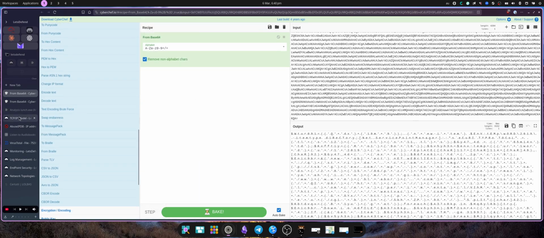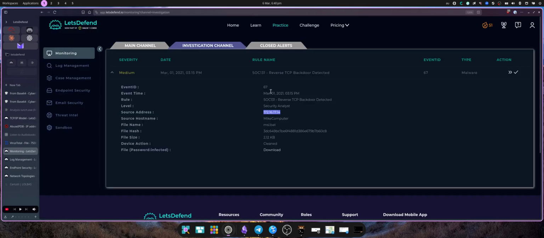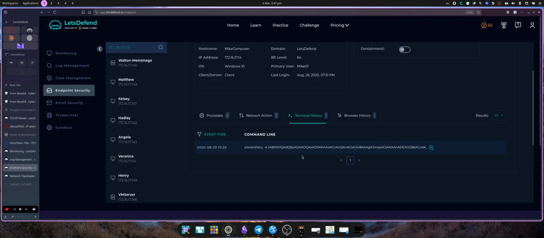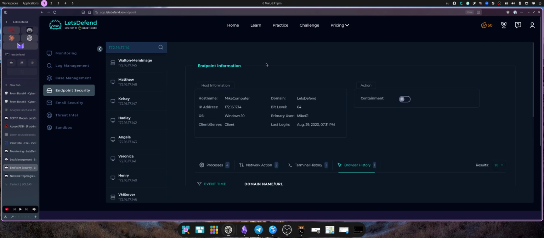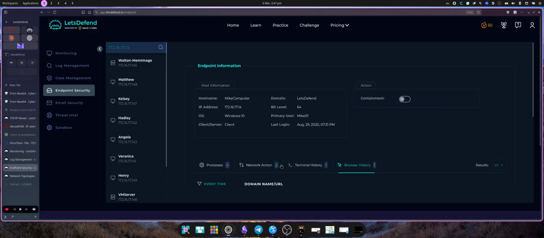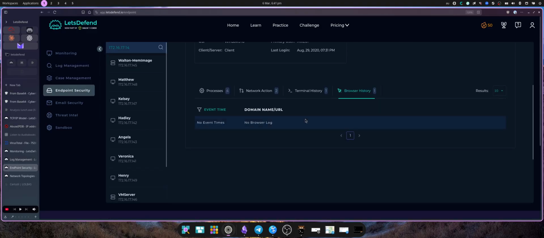Oh, let's ignore this for the time being. Well, not ignore it, but... Okay, March 1, 2021. This PowerShell with the encoded base 64 is not in our time frame. So this is sometimes what happens with LetsDefend, you get your alert, but then your logs don't match up with the time. Then this could be a completely different alert, like malicious PowerShell script detected. So